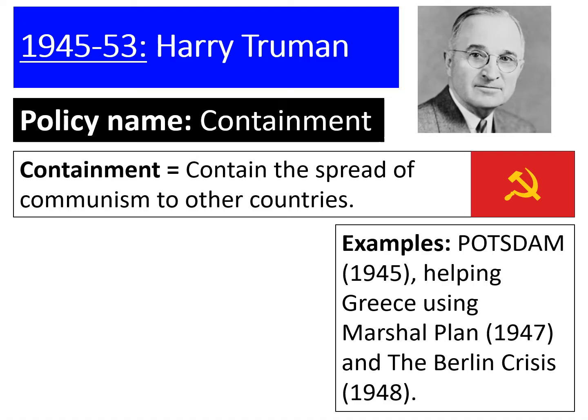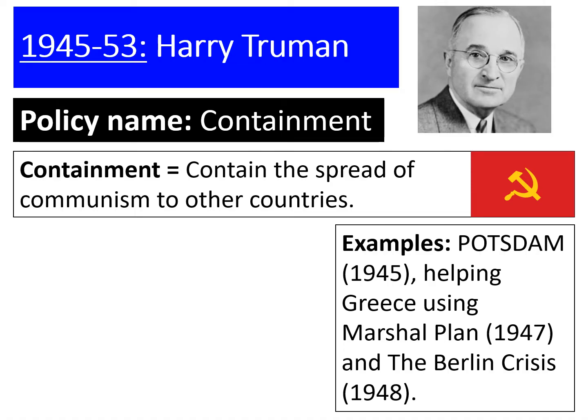They kind of had reason for this because the USSR had taken over a lot of countries that were directly next to their border, and they had now become communist countries and been given the nickname satellite states. So they did have reason for believing in this policy. They made sure that any time any country was under the threat of turning communist, they would step in to help. So, some examples of his policy being put into place.